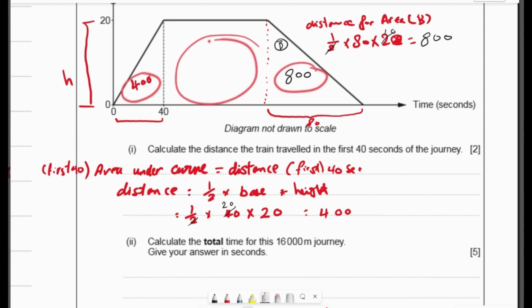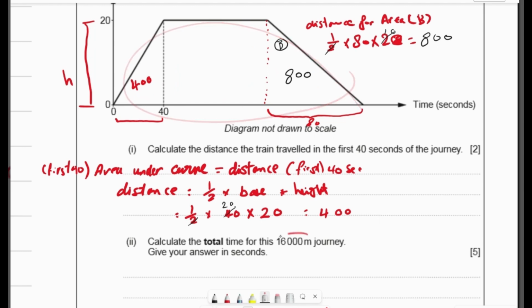Yes, we can. How? Because we know the total area here is what? 16,000. We agree that the area under the line is equal to the distance. They give us the total distance. So this area here equals the total area, 16,000, take away the other areas, 800, take away 400, isn't it? So that means the answer would be